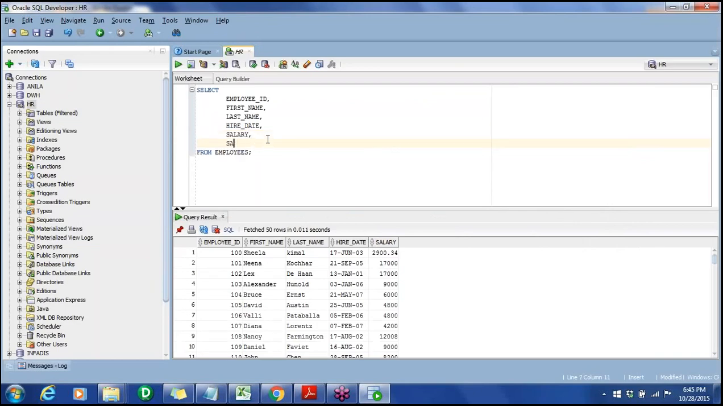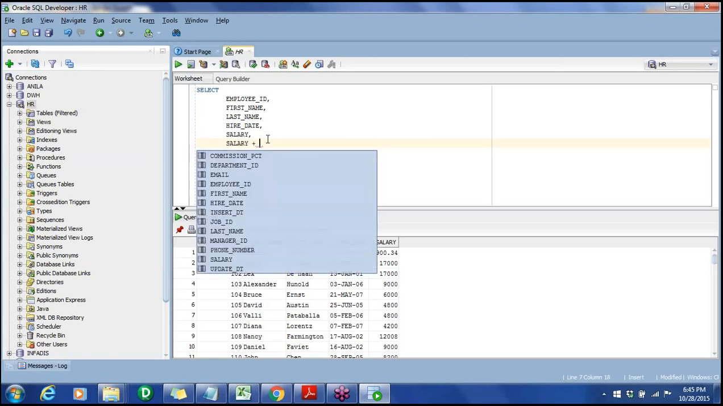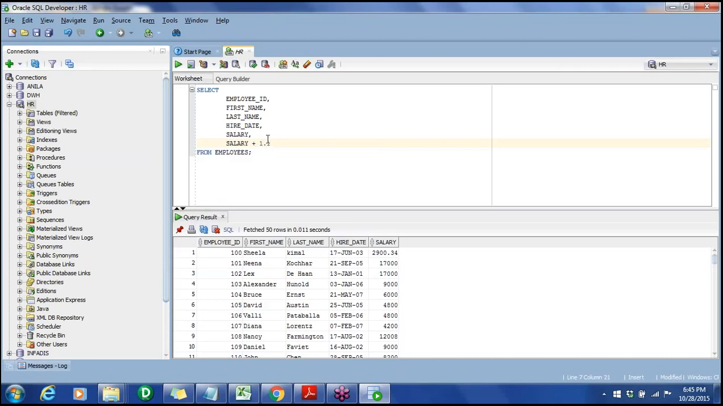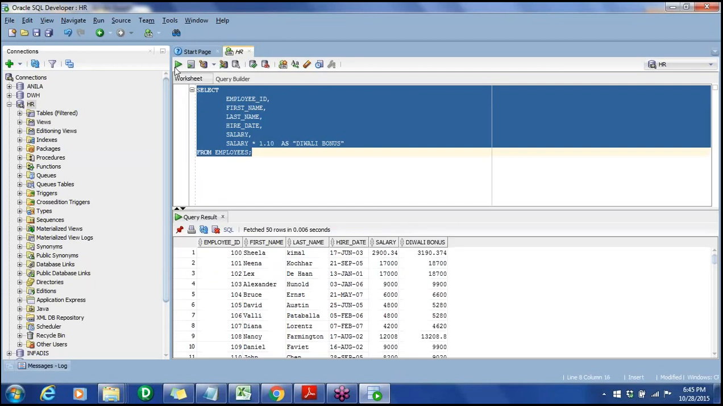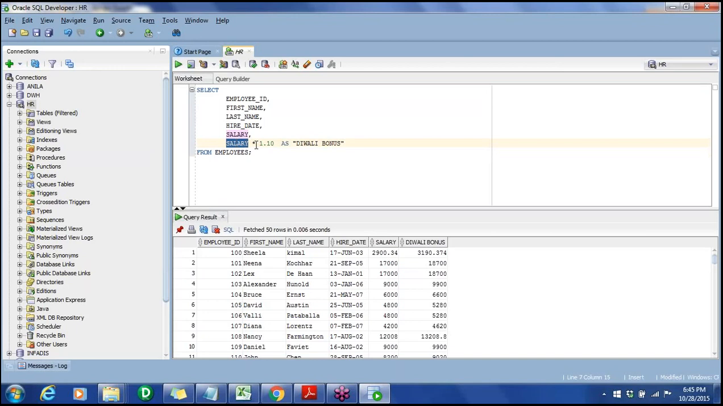So I have salary, and what I'm going to do is salary plus some X amount of money. In this particular case, I'm going to give a 10% bonus. So what I'm giving is a Diwali bonus. You can see what happened here: I have salary, I multiplied salary with 1.10, which is basically a 10% hike, and this new salary I gave a name called Diwali bonus. And basically what I'm having is Diwali bonus, which is nothing else but 10% more